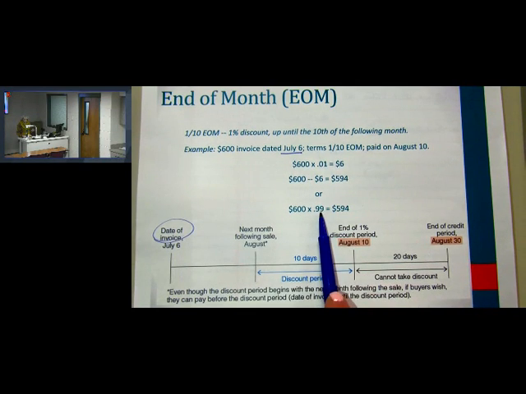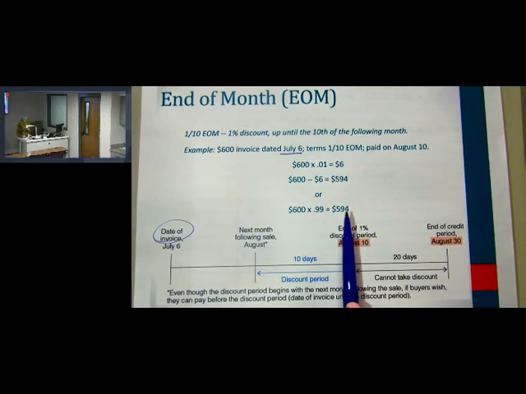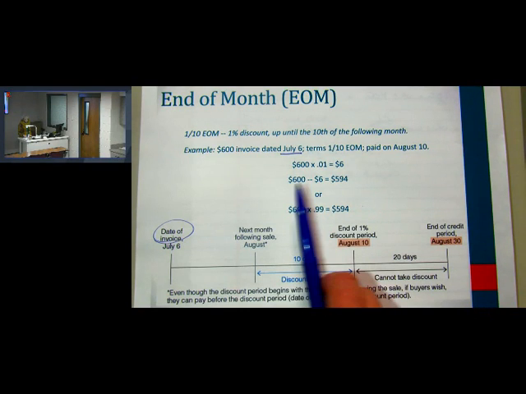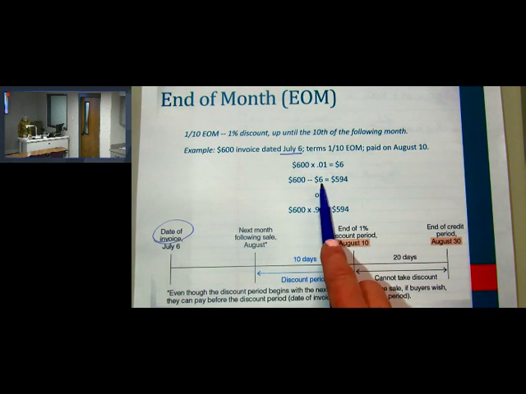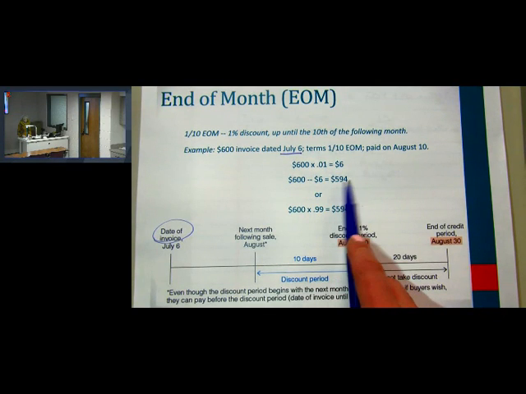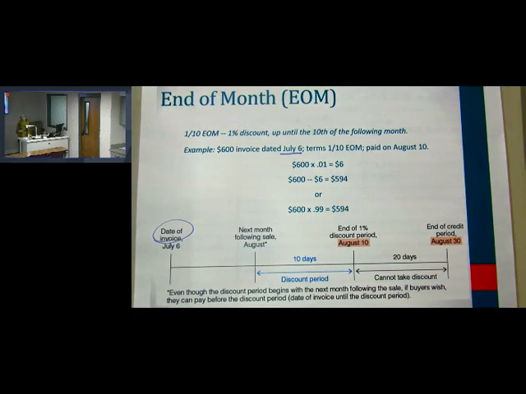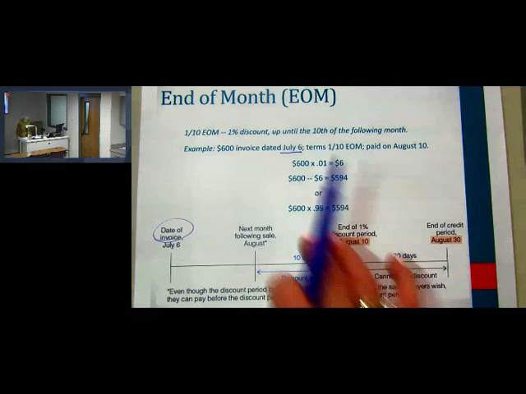It's a 0.99, so they're paying 99% of their bill. 600 times 0.99, they are paying $594 on that. If you like to subtract, that's fine with me, but it takes longer. Take 600 times 0.01. It's $6. Take a subtraction step, and you're going to get the same thing. But I encourage you again, 1% is not a big deal, but it's much quicker if you can use the